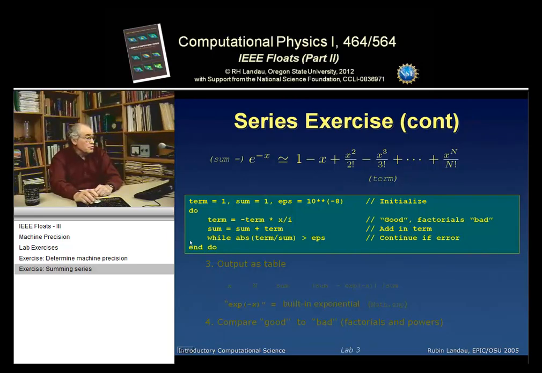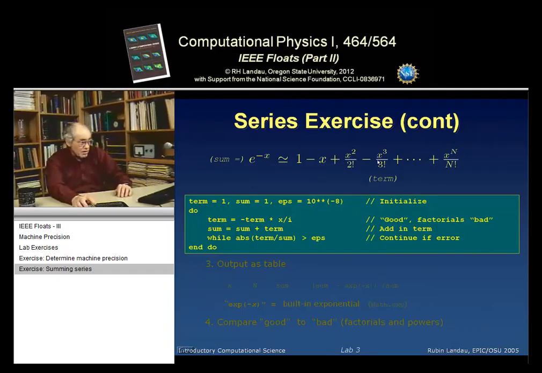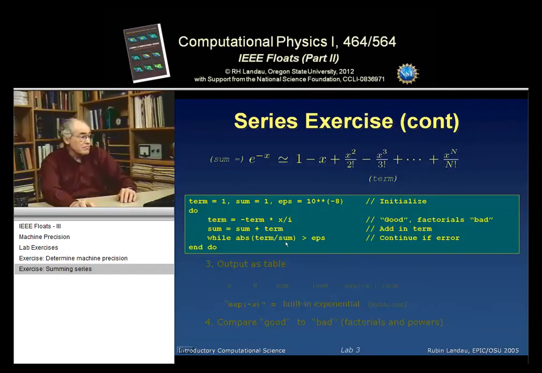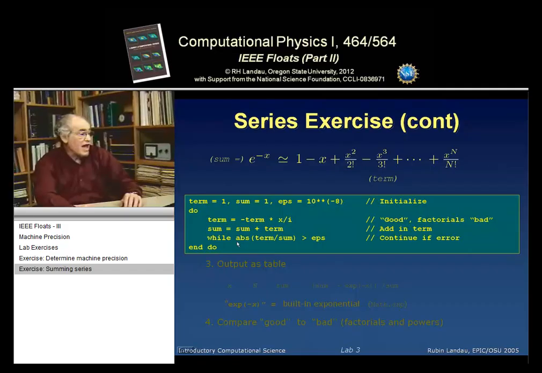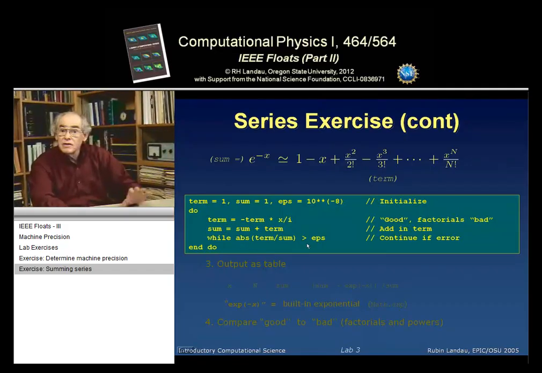Then we have a do loop. The do loop means we repeat this n times, normally. But this is a different kind of do loop, and here we're repeating this, a while loop if you want. We're repeating this while the condition that the term in the sum divided by the sum, absolute value, is greater than epsilon. So this is a loop which keeps repeating an indefinite number of times as long as the error is greater than